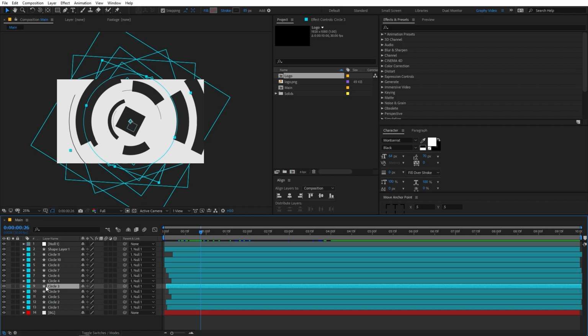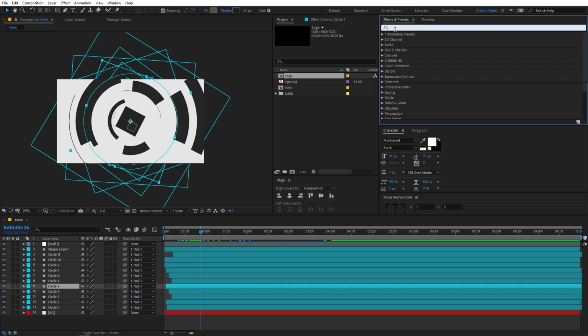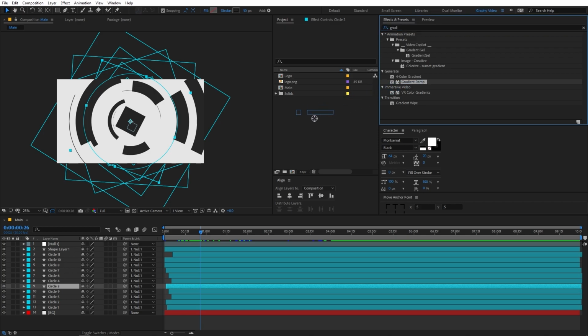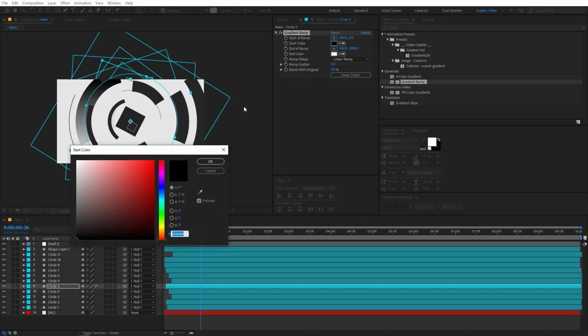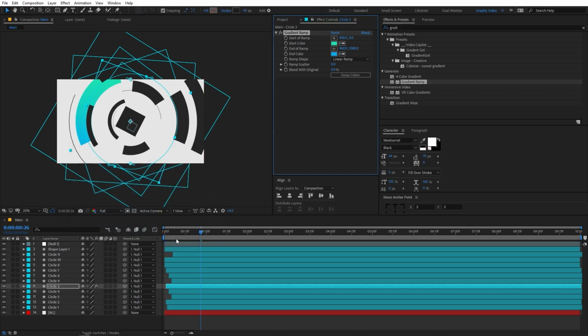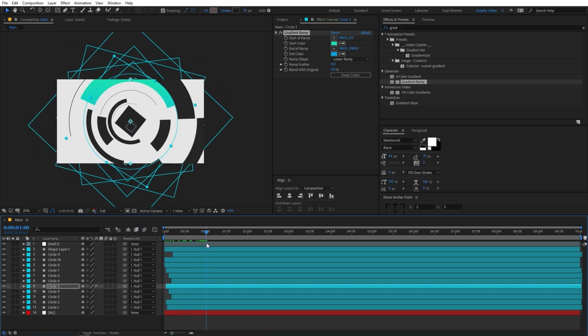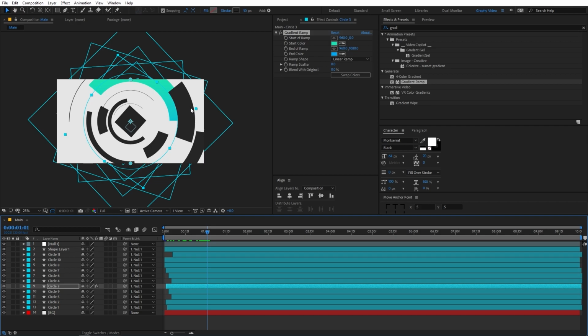So on this one, we are going to apply an effect called gradient ramp. So you can just search for gradient ramp and just drag it onto this layer. And under the effects and control, we are going to change the color. So let's select these two colors. Just like this. So now we are pretty much happy with this color, and you can add different colors to